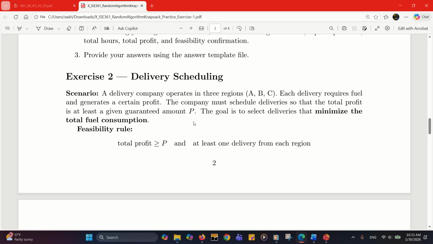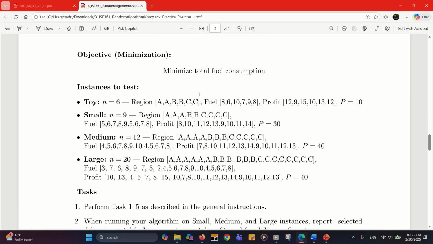So each of those, eventually we will have an X, and then we need to multiply those X to their corresponding values in the profit vector or profit list or whatever you call it. So we need to do that, and we need to add them together